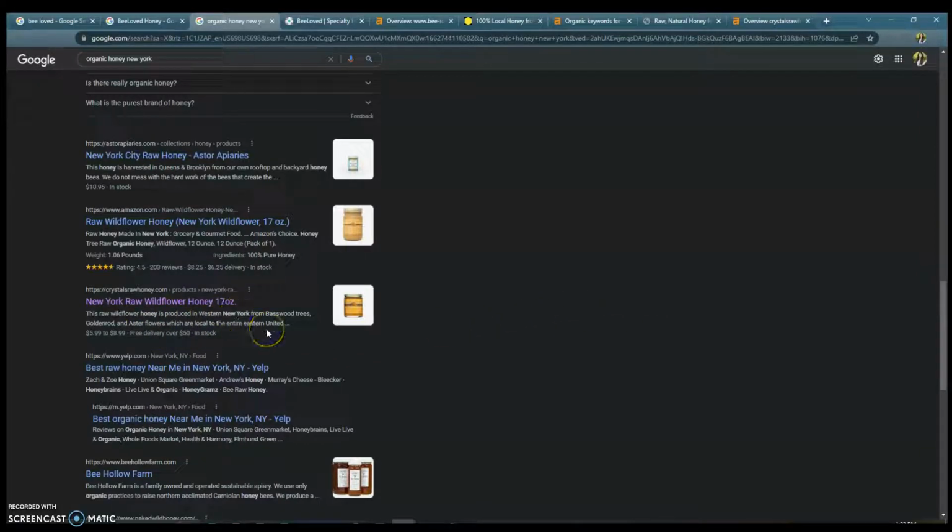Honey, New York, that's what we're searching for. So Google sees those keywords and they know how to index your site. And they consider you like a preferred website. So for example, if you had honey, New York all over your homepage, you're going to come up within that